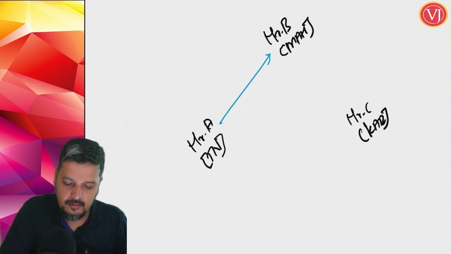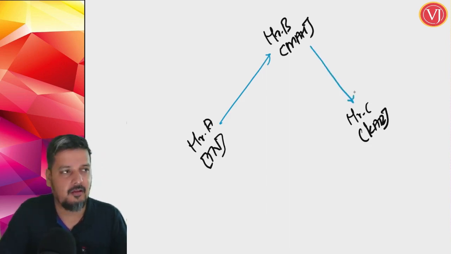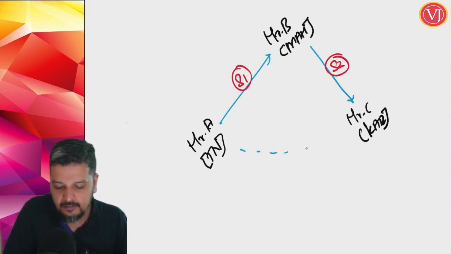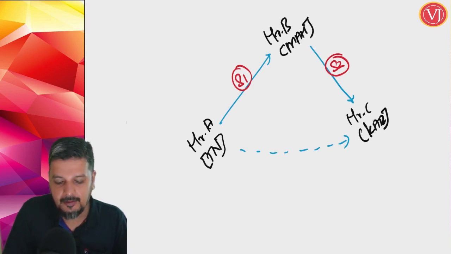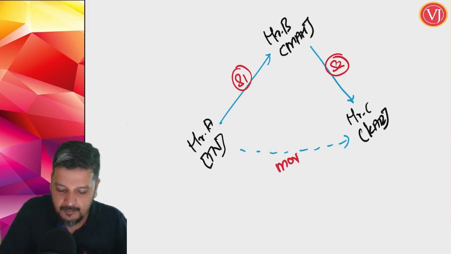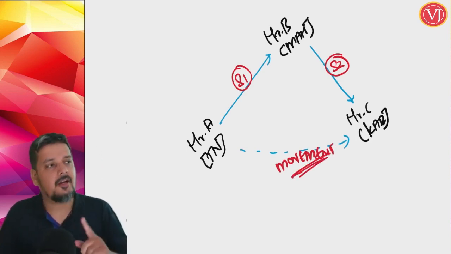Correct? Now, how many supplies are there? Supplies are 2. Supply 1, supply 2. How many movements are there? Directly the goods are moving from Tamil Nadu to Karnataka. So, movement is only 1. There is no contract between A and C. There is only movement. B has ordered. Now, let us evaluate